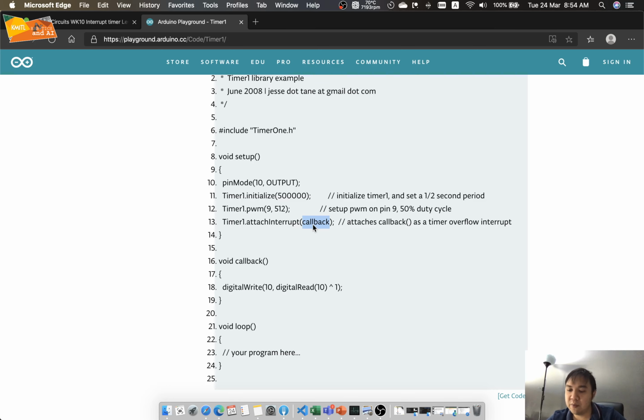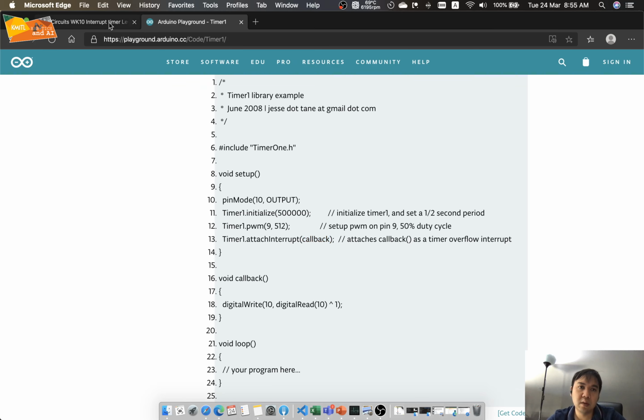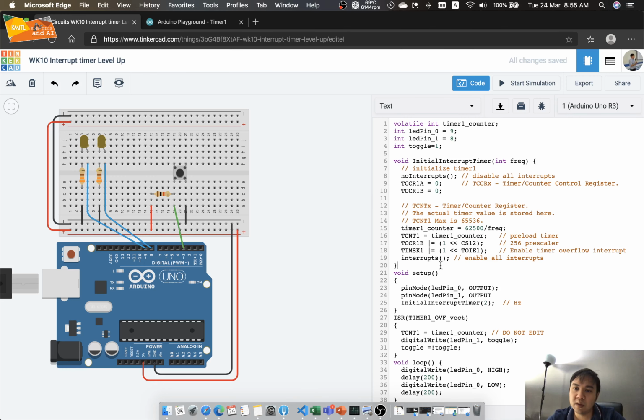Another word that you will hear is ISR, or we call it interrupt service routine. ISR and callback function are also the same. Okay, so